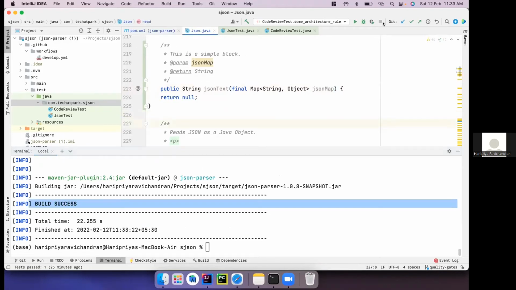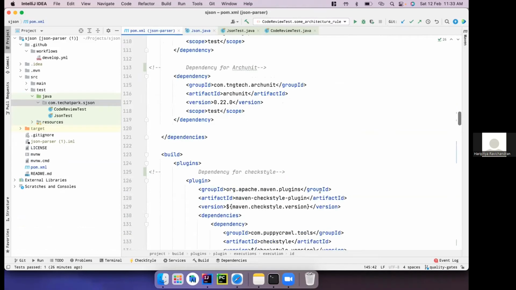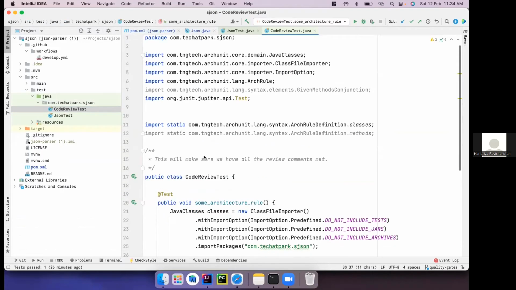And this is the first check that happens. So next is architectural unit testing, right? For that, I'm going to pom.xml and I'll just add this plugin. This is the plugin for ArchUnit. As I said earlier, ArchUnit is a kind of basic Java test which can be added and evaluated. So for that, I'm writing a simple test code which checks my classes.